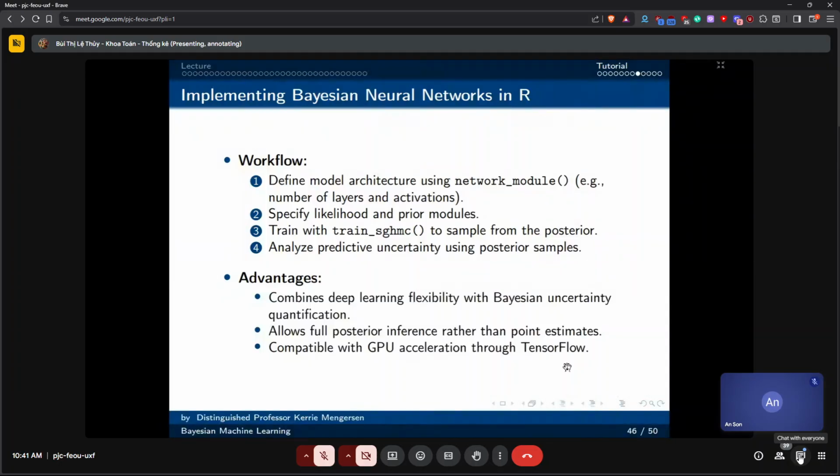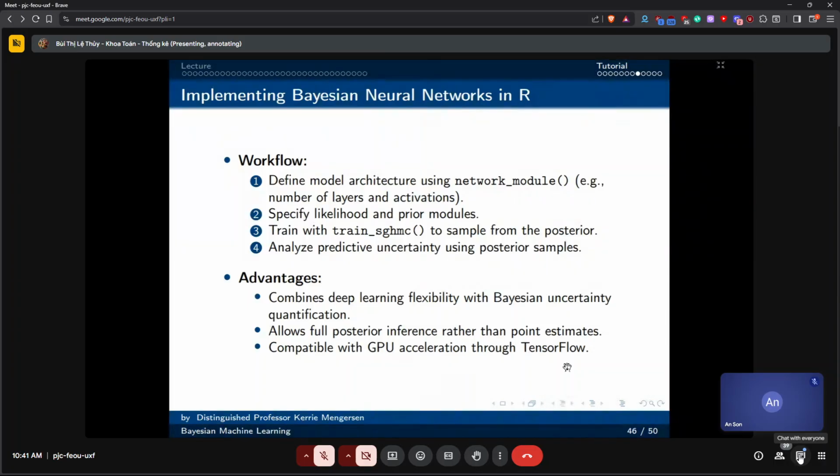So again, we define the model architecture. So we use network module. So that'll tell us the number of layers and the way that the neural network is constructed. We specify the likelihood and the prior modules, and then we train it. So we train it using an MCMC sampler then to sample from the posterior distribution, and then we analyse the results.